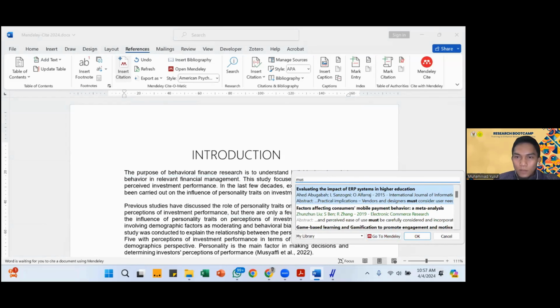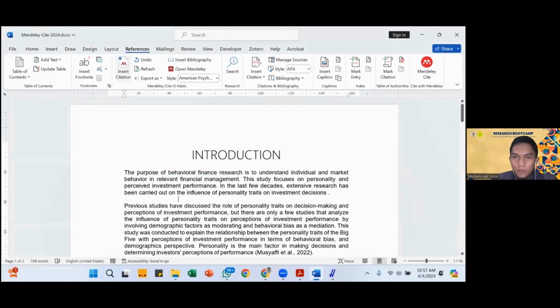You can search your file and then click OK.